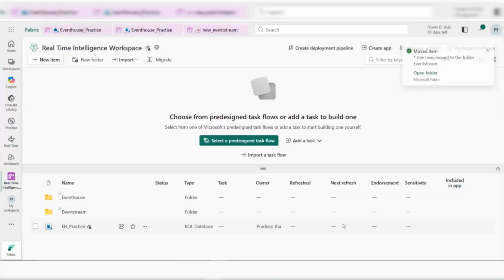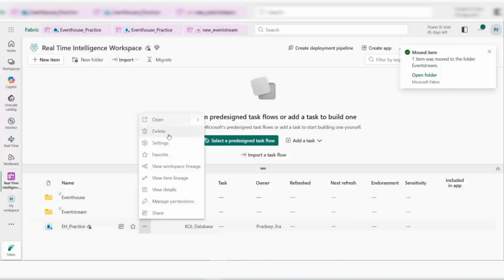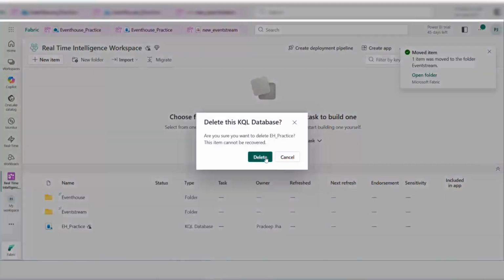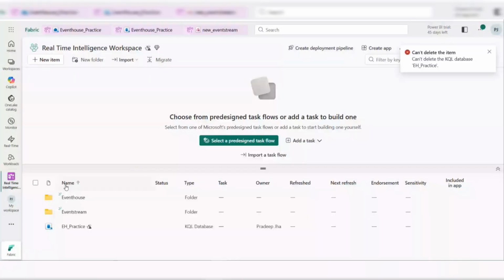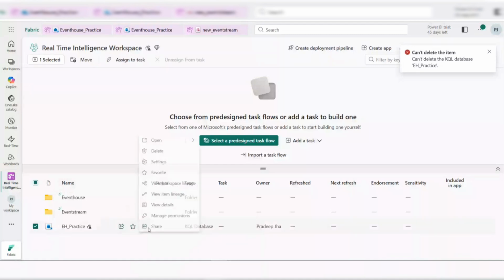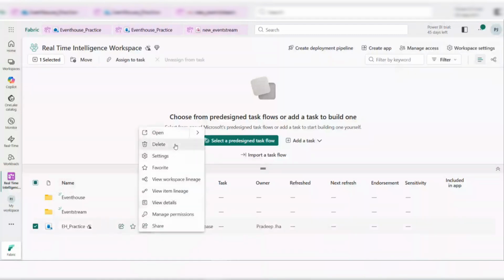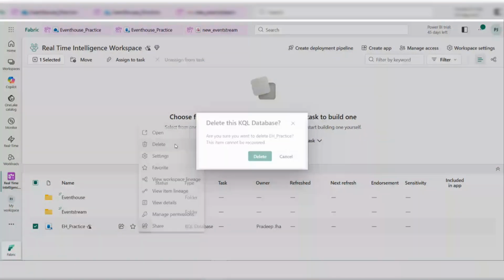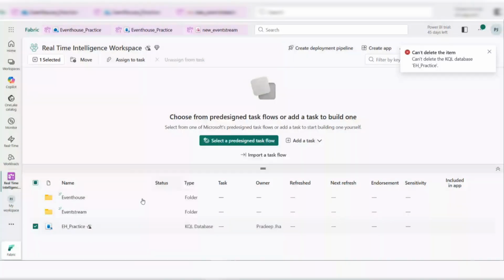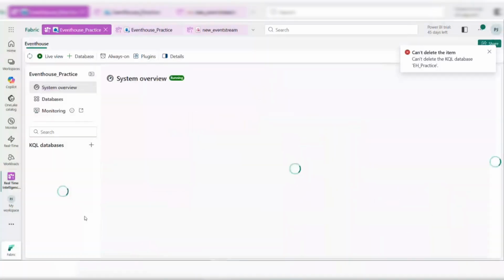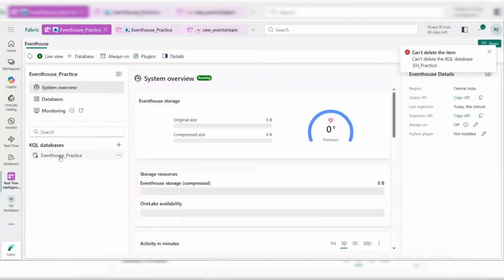What is this? This one also I'll remove, not required. Why can't we delete this? Okay, leave it. So we'll go to the Eventhouse, we'll go to our database, and here you can see